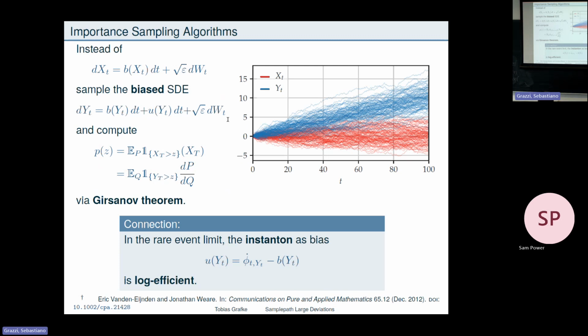This looks like it should be done. The problem is that you don't need the single instanton connecting 0 to z. You need, at every point in time, a new instanton, which is the most efficient way to go from where I'm at to my target point. And often that's not necessarily needed. So these are still good attempts if you just take the global instanton if you want.